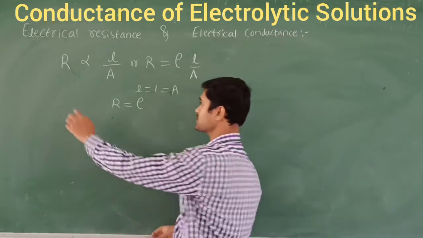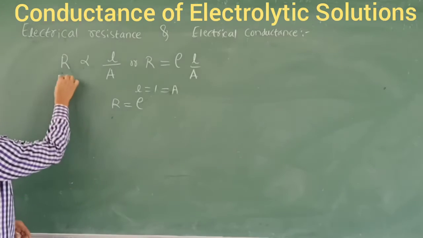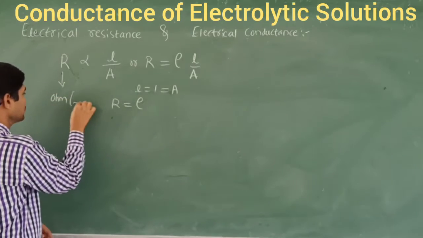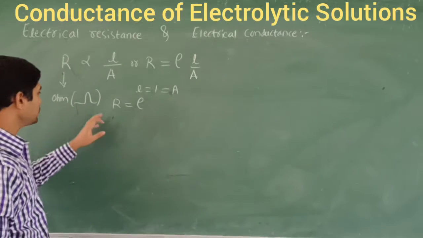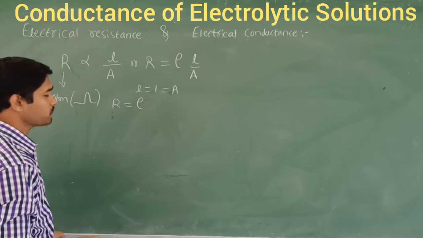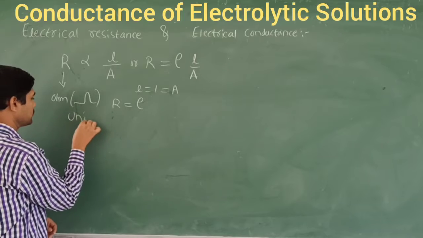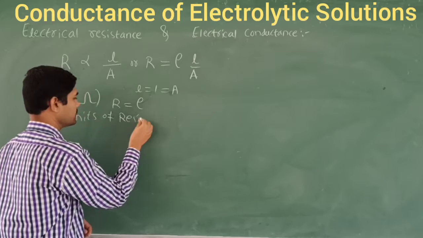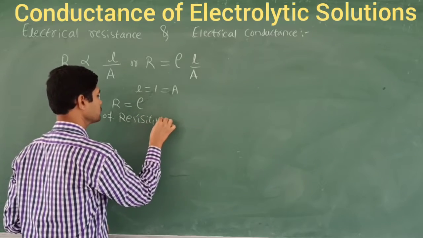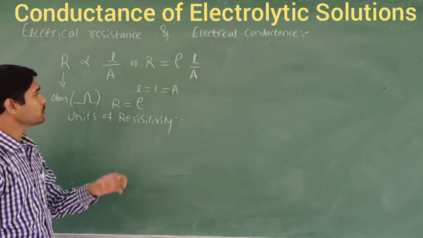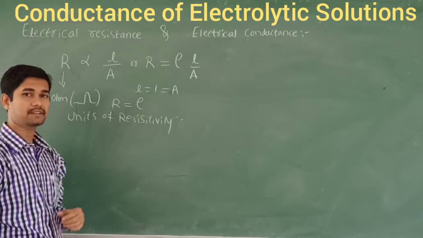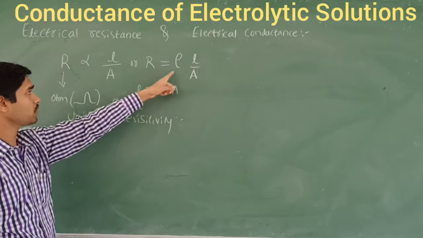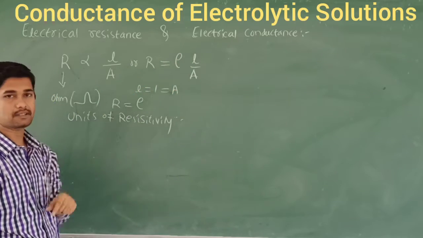So you know this one, resistance can always be measured in terms of the ohm, right? That is called ohm, written like this. These are Greek letters. So here we got the ohm, but we are going to find out the units of the resistivity. What are the units of the resistivity? Because we know length can be measured in meters, area of cross section is meter square, ohm is the resistance. Now we are going to find out the units of this resistivity.